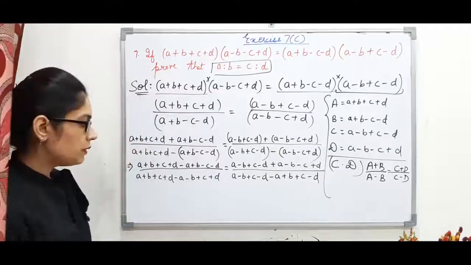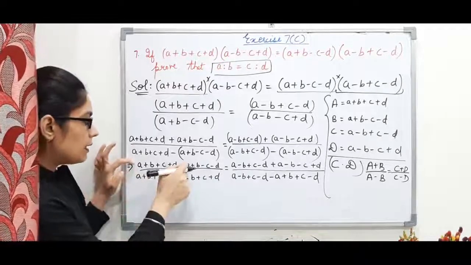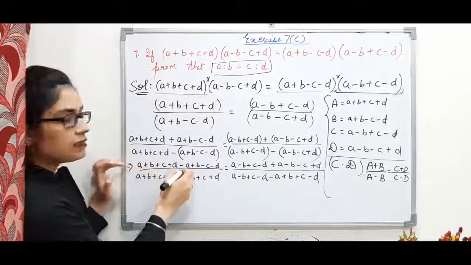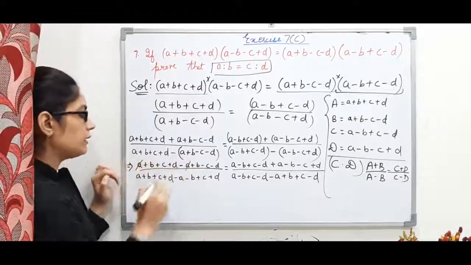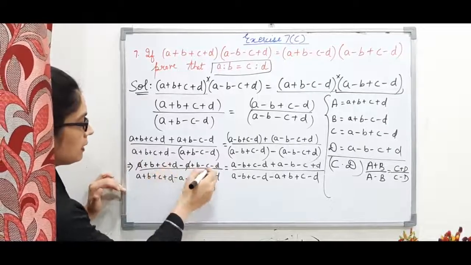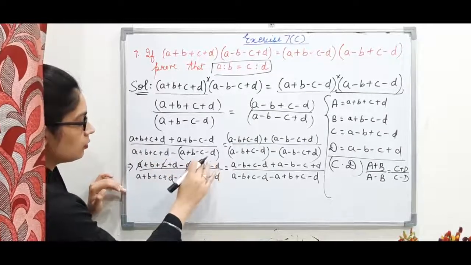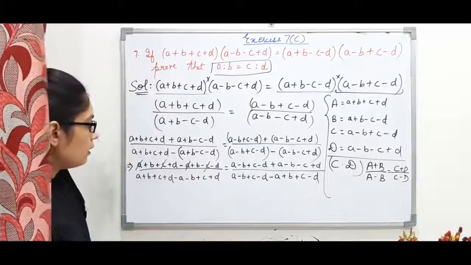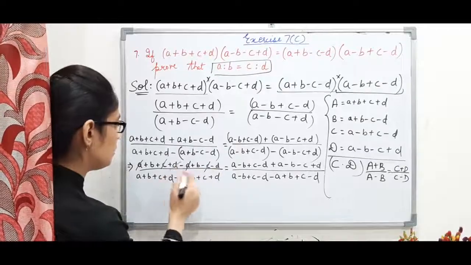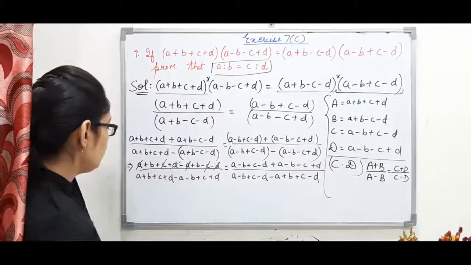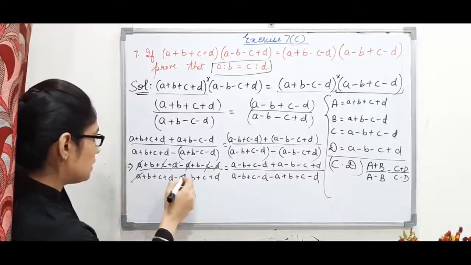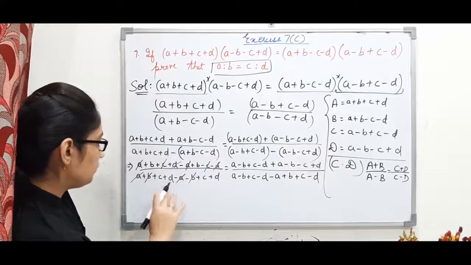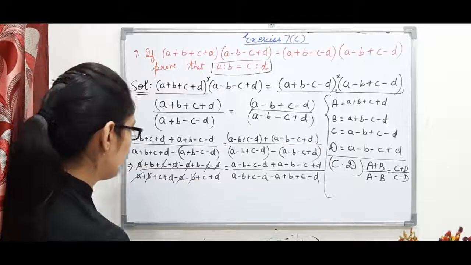Now any like terms we can solve. Here we can see a is like with a, b is like with b, c with c, and d with d. But a minus a is 0, so it will get cancelled. Now c minus c, it is also 0. Same numbers with opposite signs, you can always cancel them. Any other term we have plus d minus d, so d minus d is also 0. Now in here we can see a minus a 0, b minus b 0, and any other term we don't have.